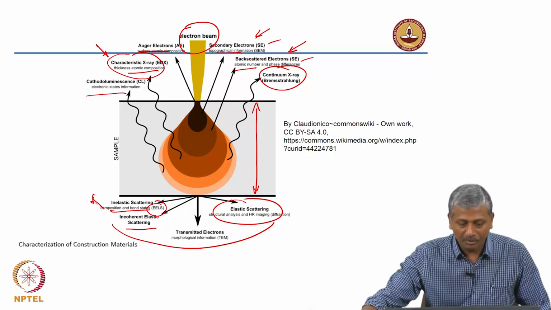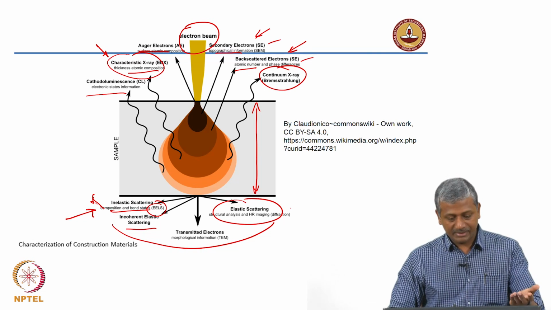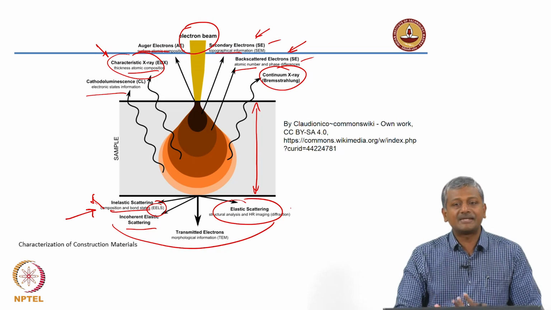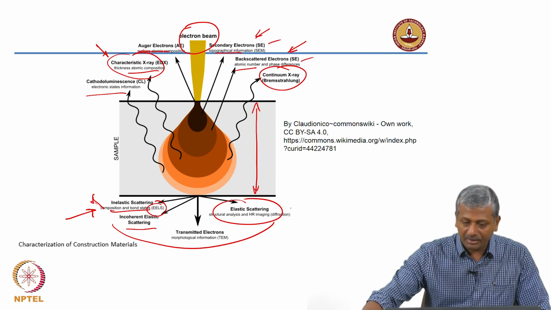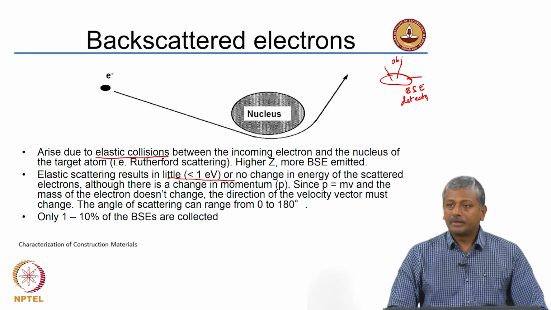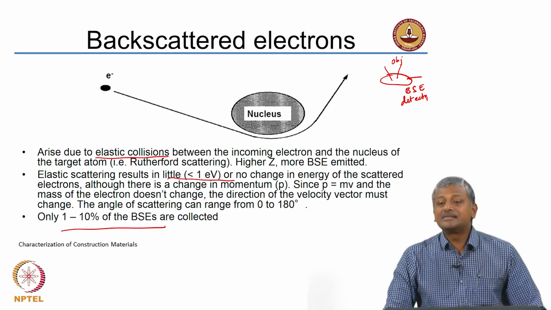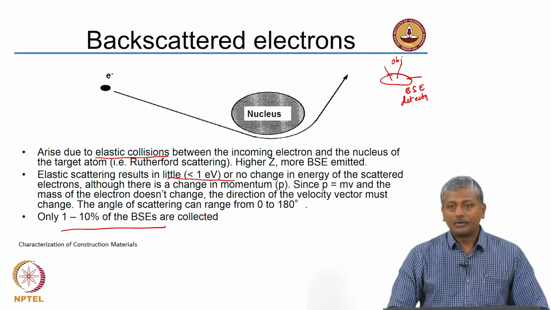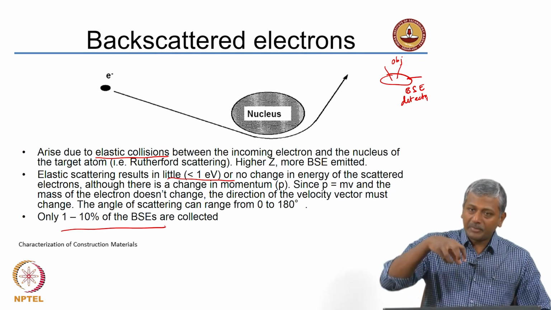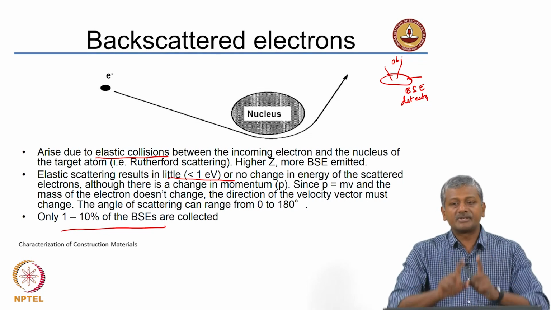I told you from this picture here that there are a lot of other things taking place. You can have inelastic scattering, you can have transmission of the electrons through the specimen and so on, depending upon the energy of the electrons and the density of the phases that you are trying to observe. But we are interested in backscatter electrons primarily from the point of view of the elastic collisions that are happening. Generally, because the scattering can happen in several directions, only about 1 to 10% of the electrons which are getting scattered can be collected by the backscatter electron detector, because only some of them will have a completely 180 degrees reversal in their path.